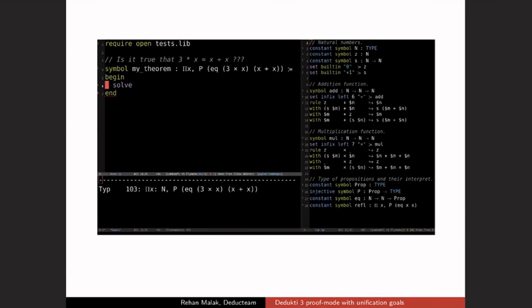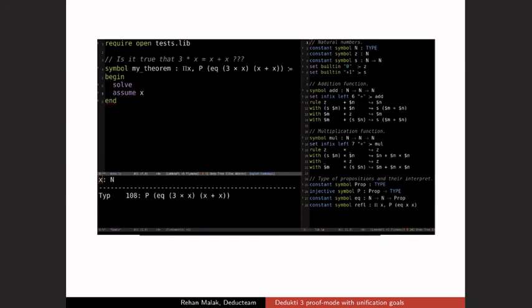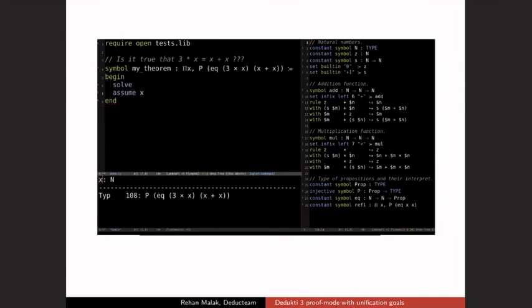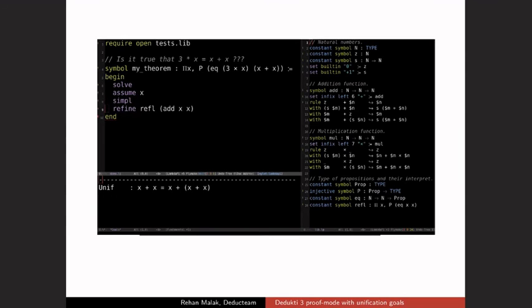And the default unification algorithm has now been turned into a solve tactic. And we see that the unification goal has disappeared. And then we do the rest of the demonstration as we were doing before. And at the end, we can see now that the problem is that there is an unsolved unification goal. So the error is clearer than it was previously.